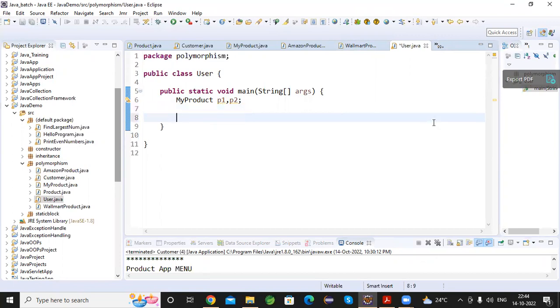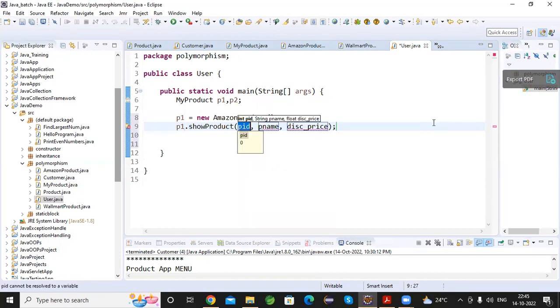Now I will do P1. I will just provide the implementation of the subclass object. I will say P1 equals new Amazon product, because they have their own implementation in the subclass object. What exactly the Amazon product will do is have discount prices, which might not be the same for your Walmart, right? But they do provide the same implementation of the method, a common task which is already provided by its superclass. So I will say p1 dot